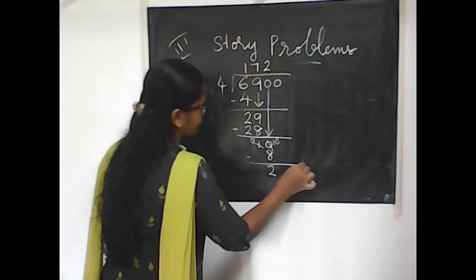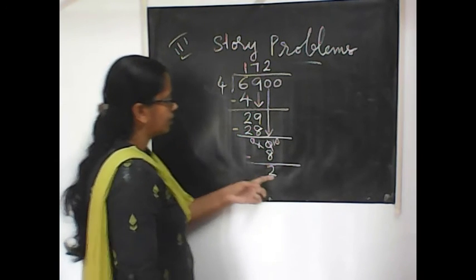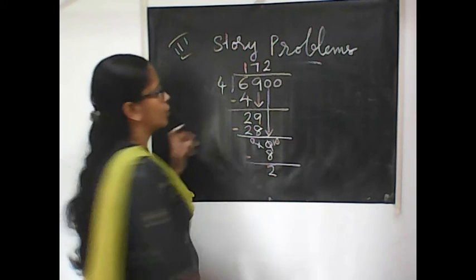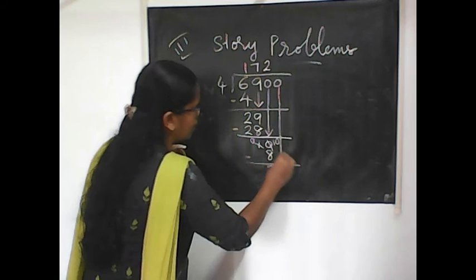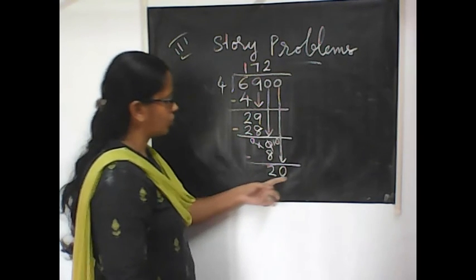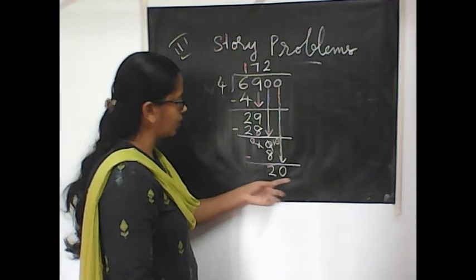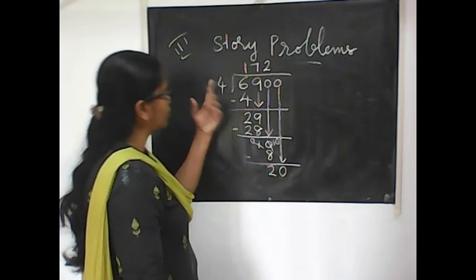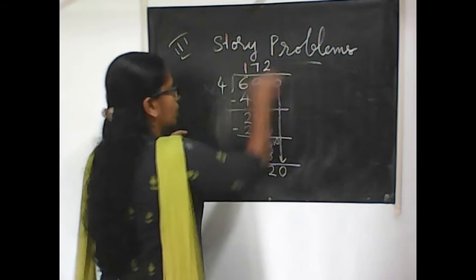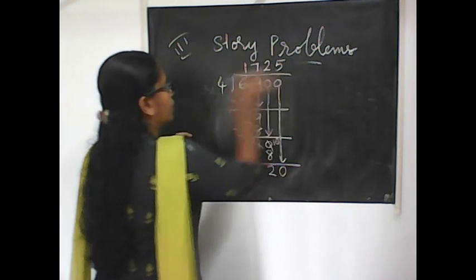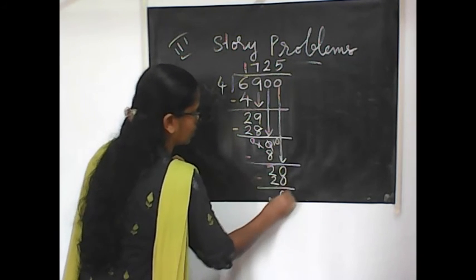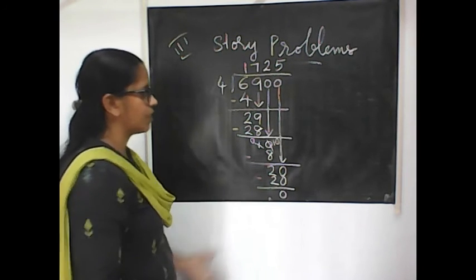Okay, here also it's not possible to divide 2 by 4. So bring down the next digit here, 0. So again it becomes 20. Look at the 20. From 20, you are going to take away 4 at a time. How many times can you take away? Say the table of 4, you get 5 times. 5 into 4 is 20. Then subtract, 0. Okay, no more numbers are left. That means